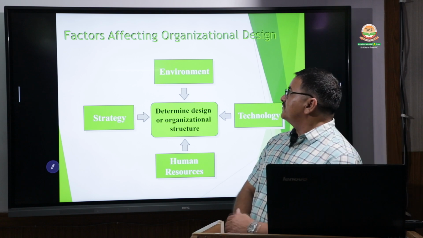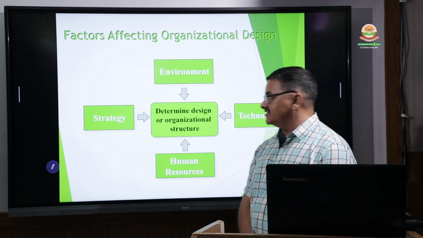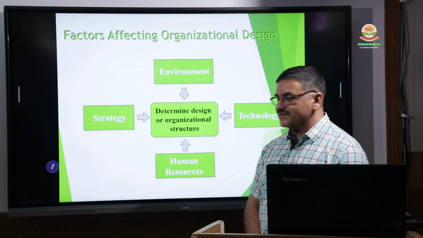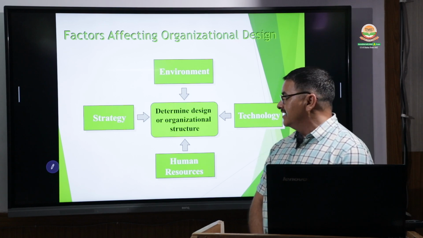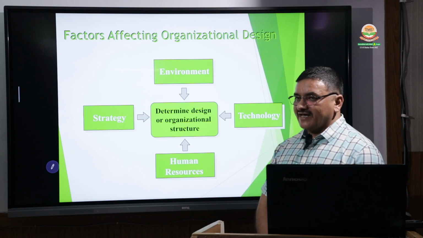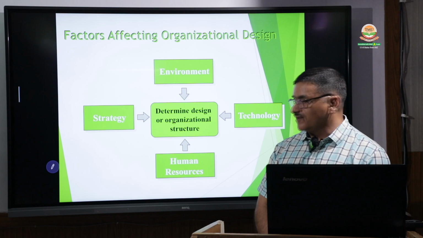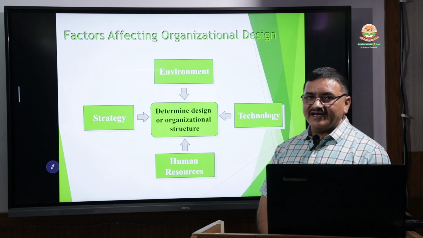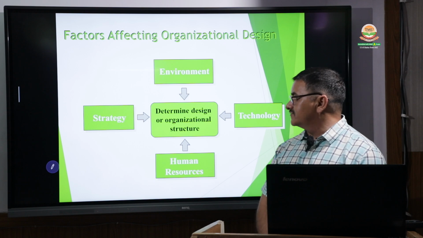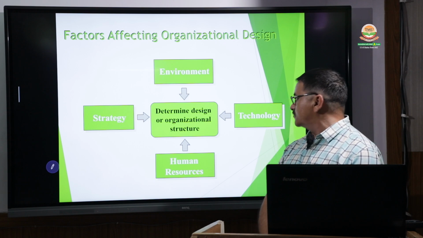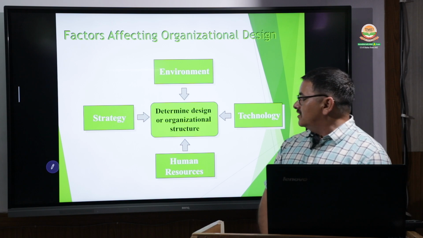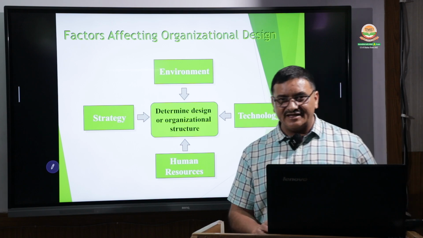So, we have certain factors affecting the marketing organization, like the external and internal environment of the firm as well as the economy where we are planning. Then, what is the strategy of the organization or the company? What type of human resource is available to the firm, and the technological advancement taking place in a particular economy. All these four factors, environment, strategy, human resource and technology, will determine the design or the organizational structure of any